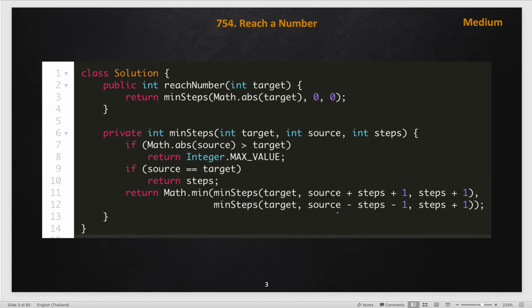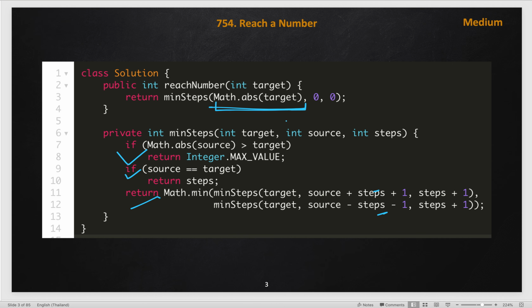Here is the code for the brute force solution. Just pause the video and try to understand. Let me explain what I just explained. These are the two base conditions and this is the minimum over the left or right. This is the left call and this is the right call, and I am always passing the absolute of the target. If you try to submit this code, you will get an error. Let me know in the comment section what error we will get and why.